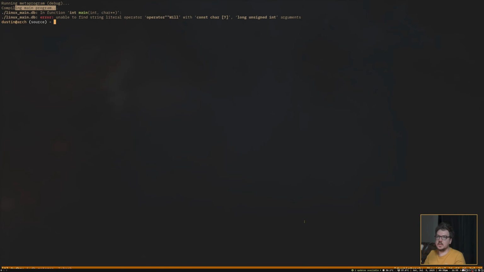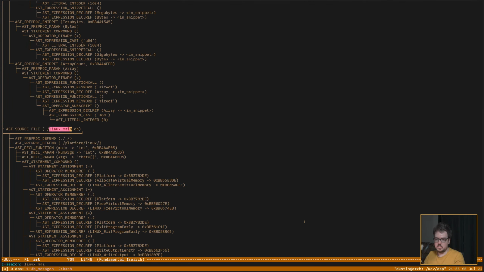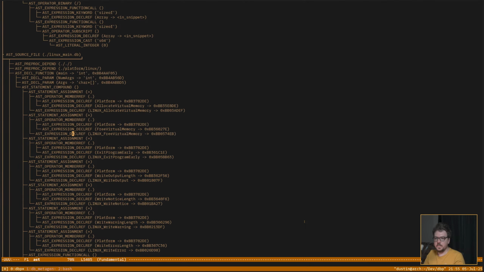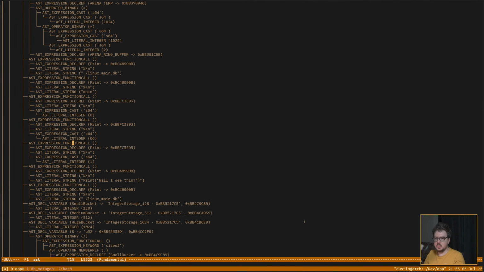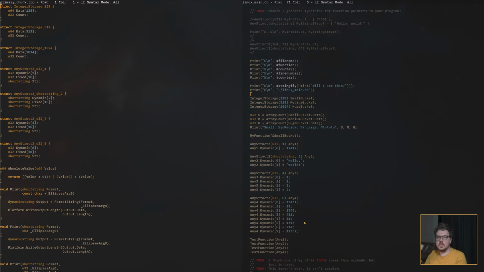So we were looking at this. Let's see what this did. Let's open it up in Emacs and see here. What did this generate? So here's the first one. It's a function call called print that takes a %in and, oh wait, no, we're down here. Function call print %/in, print, will I see this? Function call print. That sure looks like it should work to me. Am I wrong?